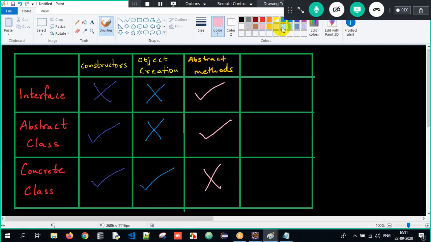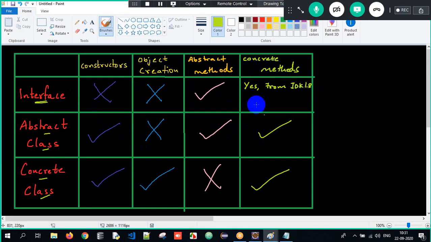And the last difference is concrete methods. A concrete class will allow concrete methods, yes. An abstract class will allow concrete methods, yes. But interfaces can allow only abstract methods. Concrete methods are allowed from JDK 1.8, where we can have static and default concrete methods. Typically speaking, interfaces cannot have concrete methods at all, but from JDK 1.8 we can have static and default concrete methods.